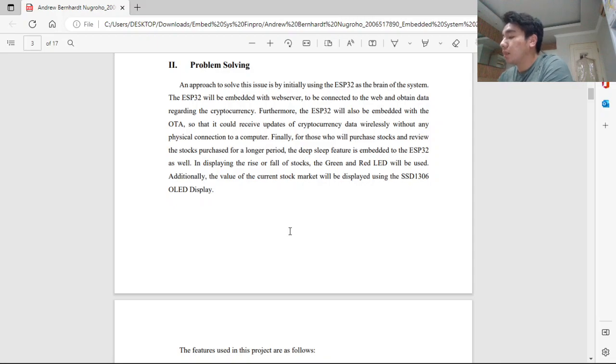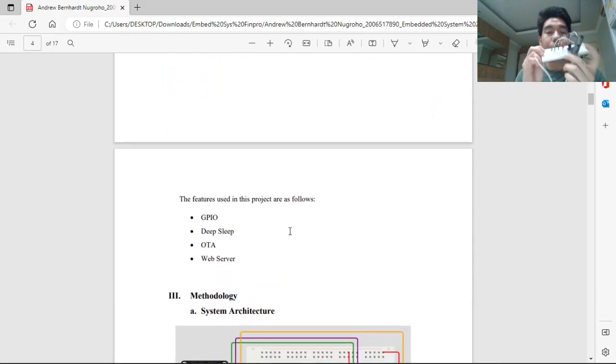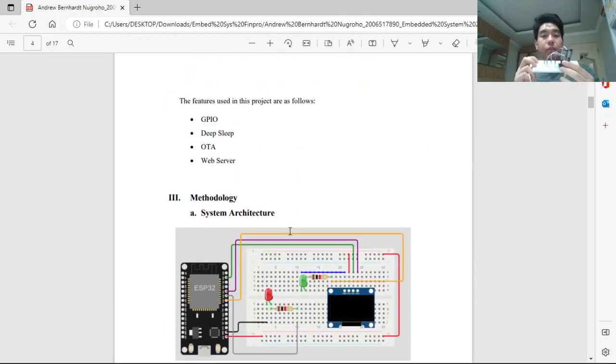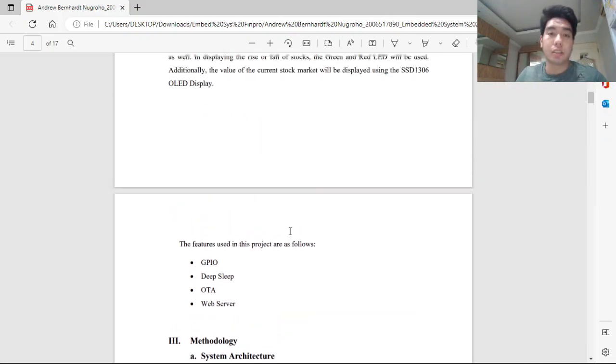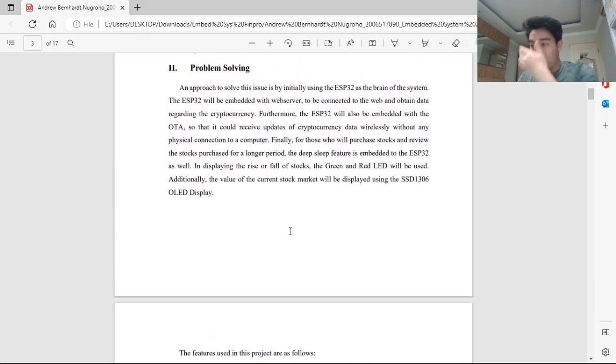One second. So this is what the circuit looks like with the ESP32, and the breadboards and the SSD 1306 OLED display, the LEDs and the resistors. So what I'm trying to do here is try to make a compact device that allows people to bring along this device instead of bringing bulky devices